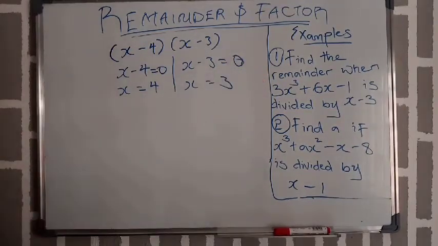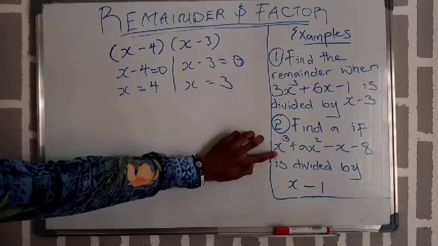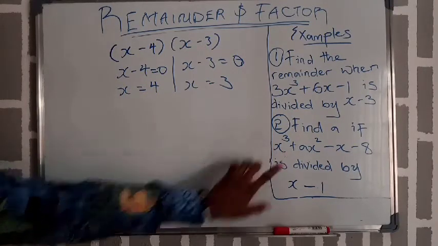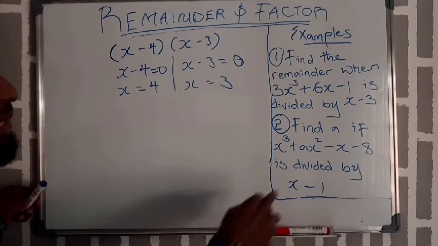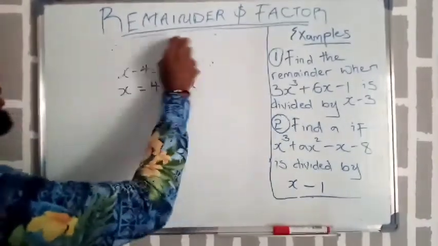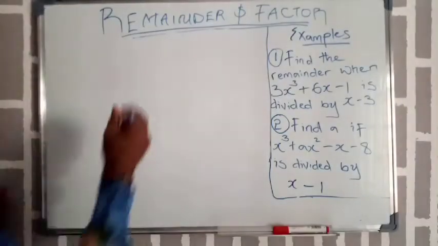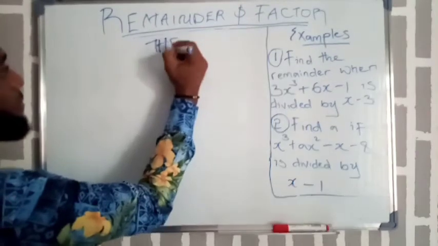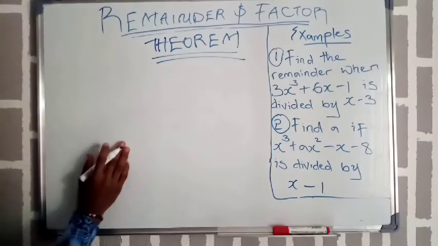So now we are going to apply the same thing with this because we are told that this is actually a polynomial and this is a factor of this polynomial. They didn't ask us to look for another factor. If you are asked to look for another factor, or for the quotient when this is dividing this, then you are meant to divide it. But since they're just asking for what A is, you don't need to stress yourself. That's the topic, meaning the factor theorem. So you just have to simply say